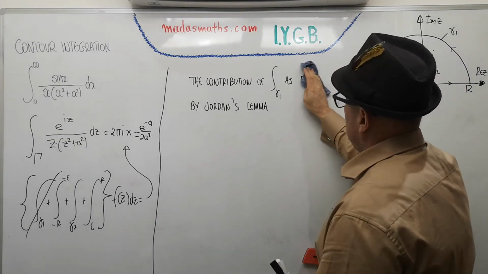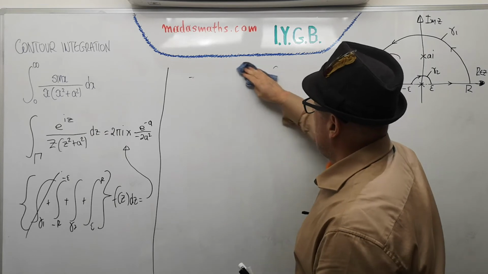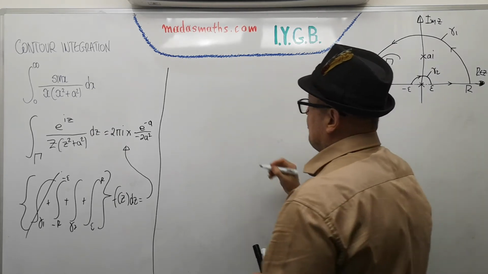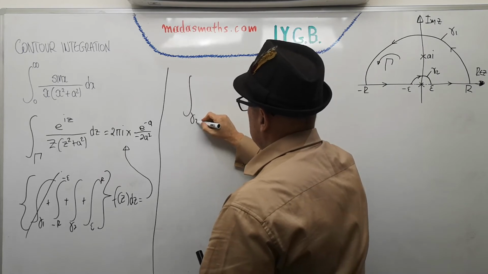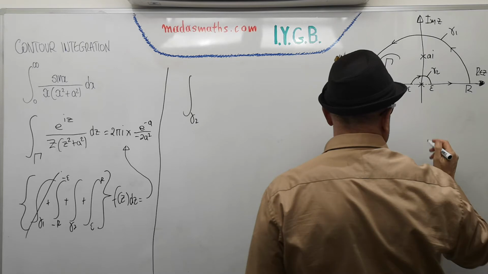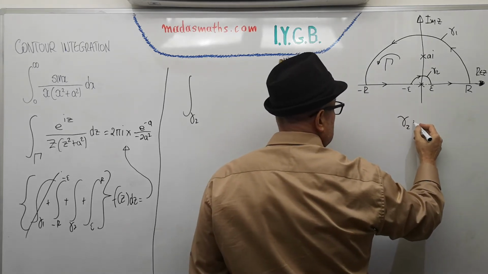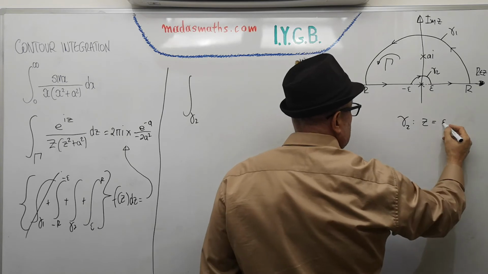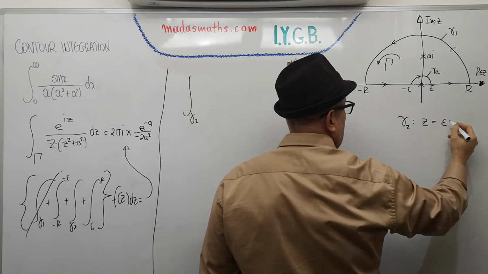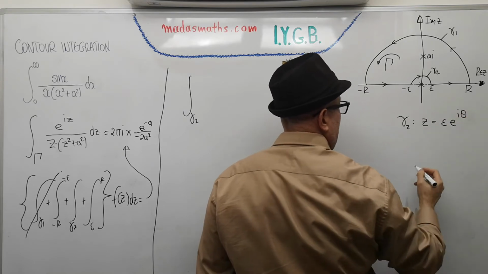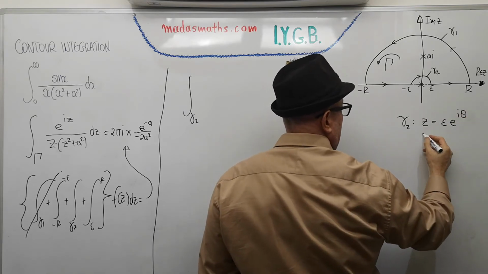We're going to look next at the integral around gamma 2. This is not so easy. Okay, so gamma 2. Gamma 2 is, of course, the little circle, which is there. I'm going to need to parameterize my function, so I'm going to do it here. On gamma 2, z is a semicircle of radius epsilon, so I can parameterize it as epsilon e to the i theta, where theta runs,